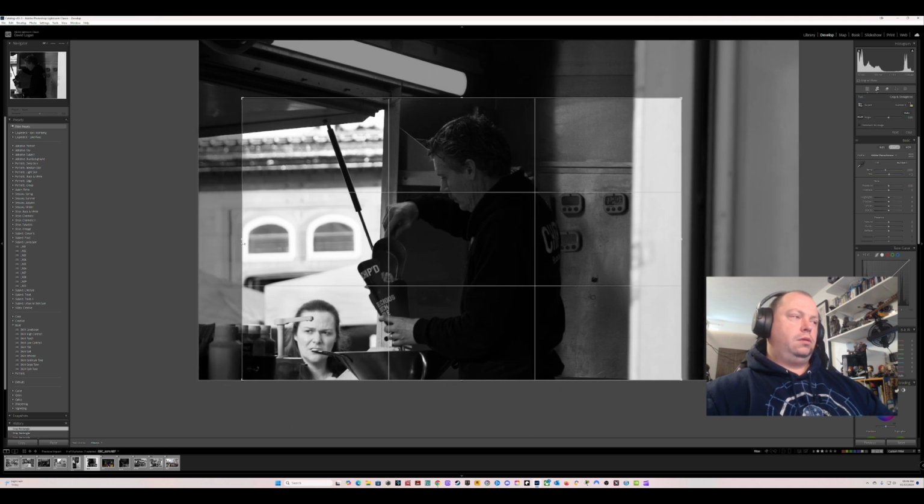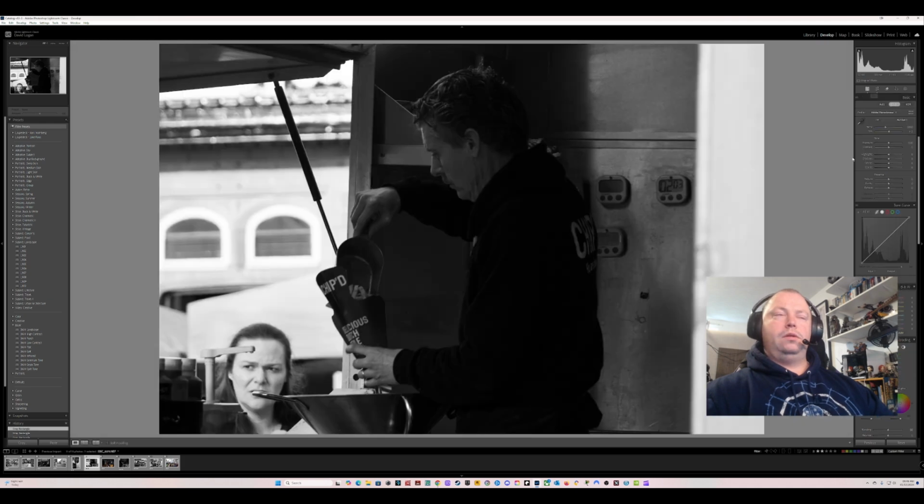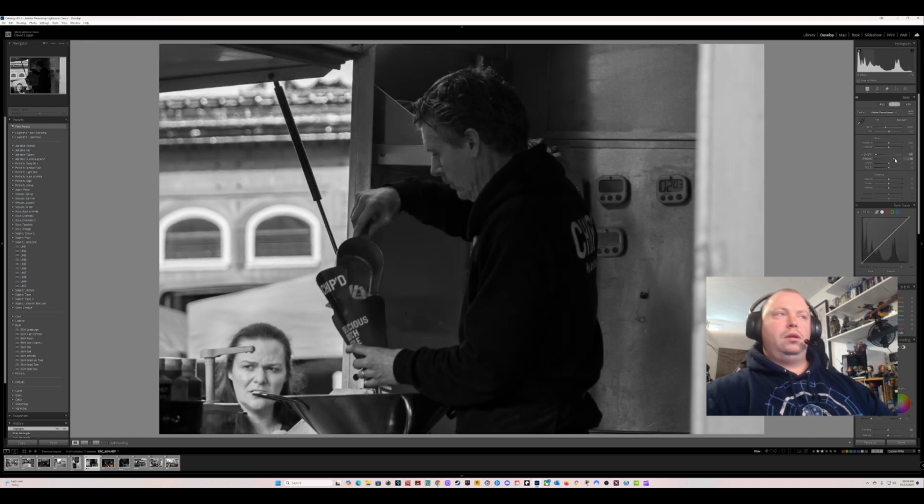Bring it in a little bit. What does that look like? Reducing the highlights brings out a little bit of detail in the building in the background. And if I increase the shadow or remove the shadows,